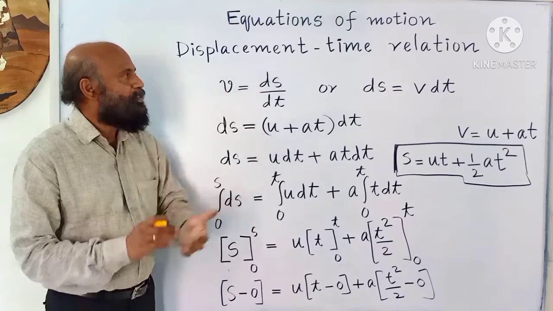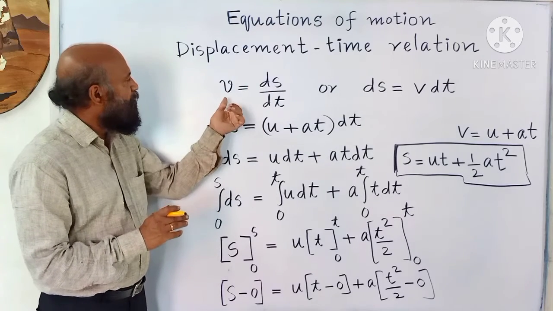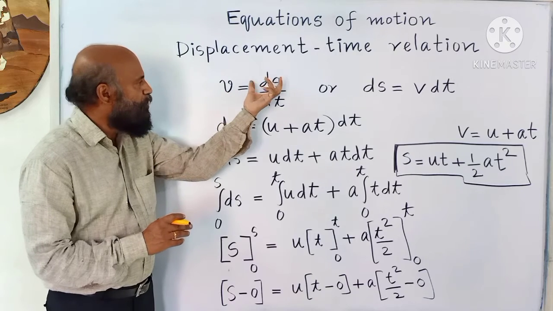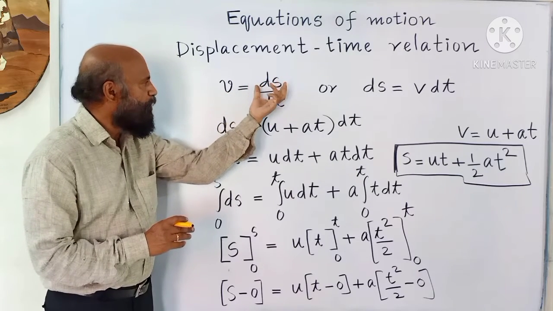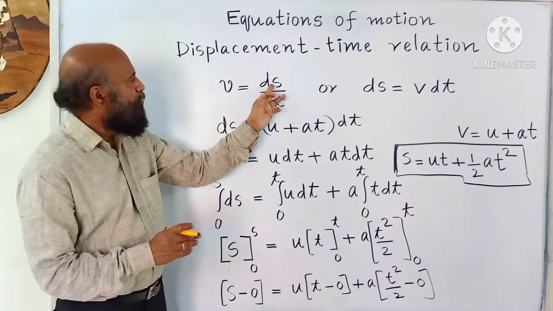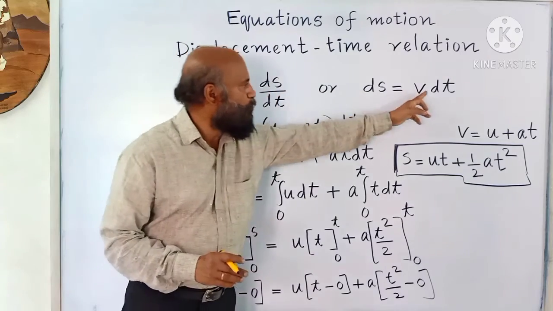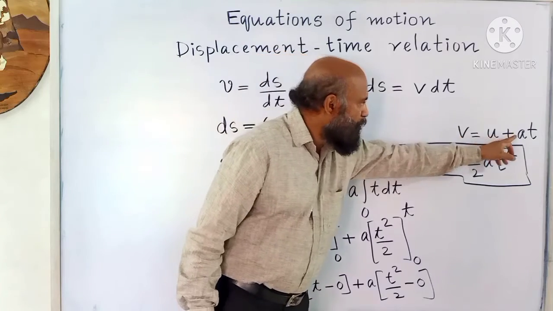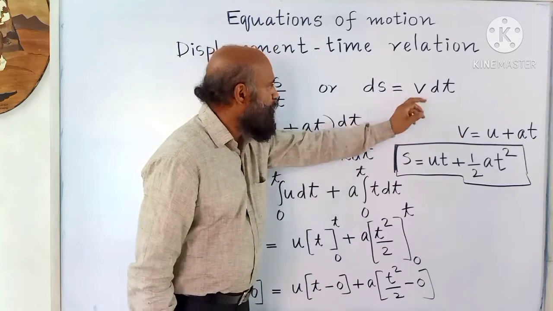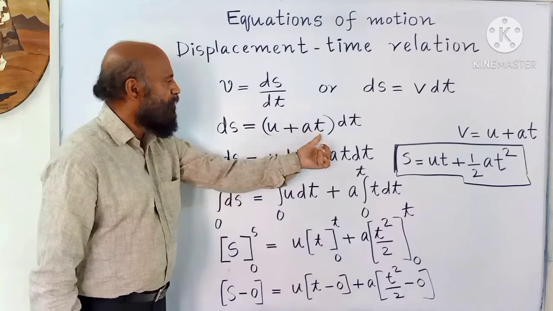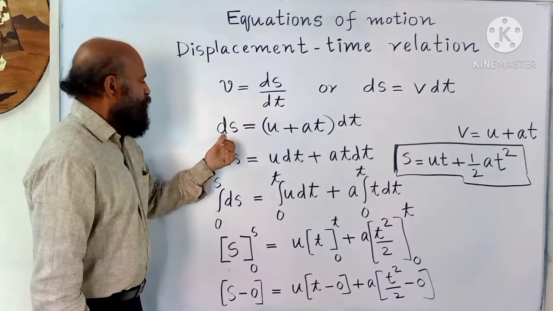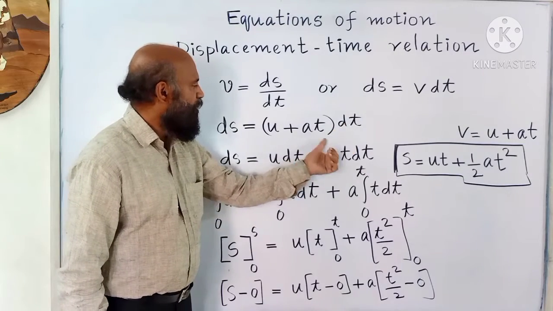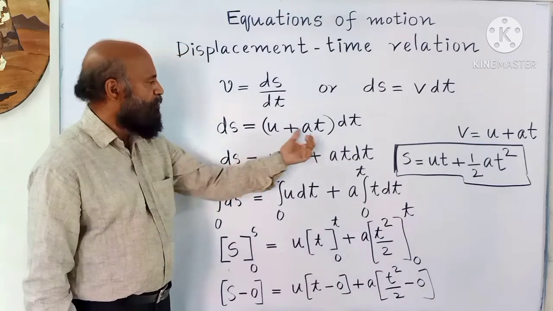Next, displacement time relation. Here we have to start with this relation. Velocity is rate of change of displacement. v is equal to ds by dt, or ds is v into dt. You know this relation, v is equal to u plus at. So for this v, you can write u plus at. So ds is equal to u dt plus at dt, after removing this bracket,